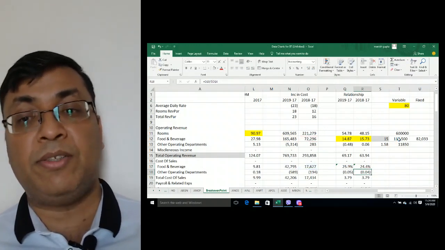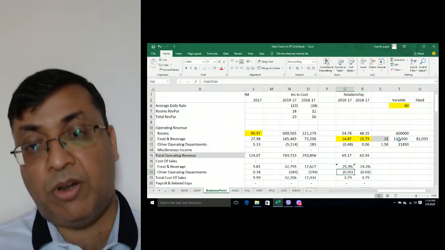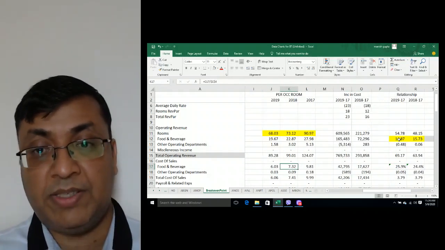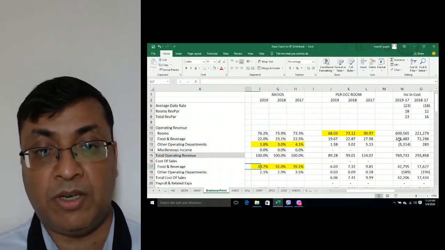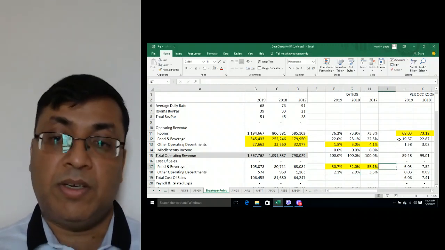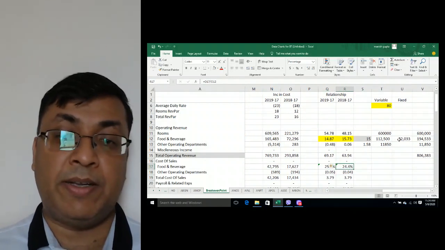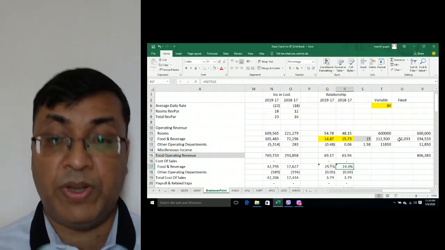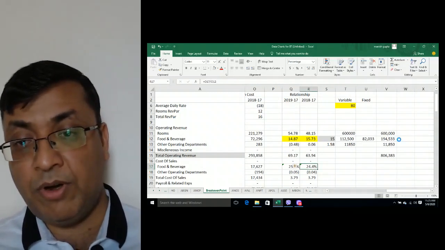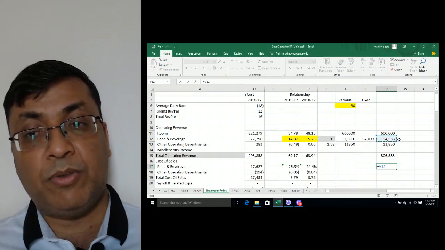So 24% is, you can say, the variable food cost, and the rest of the cost is on a minimum base basis. Sorry, the minimum base here is $179, at which we are getting a 25% rate, and the extra revenue will cost us only 24%. So now here we can see, okay, we have a revenue of, so let's say now the cost will be, if 190,000, so what is the extra revenue?